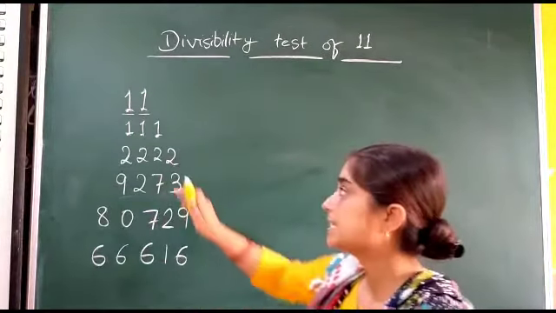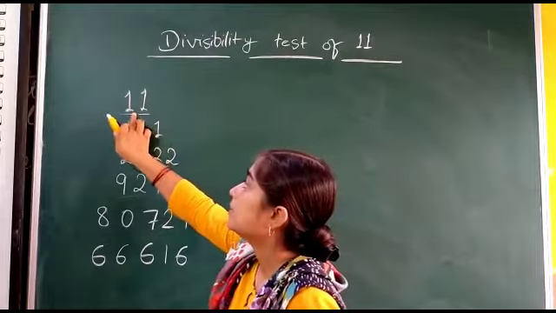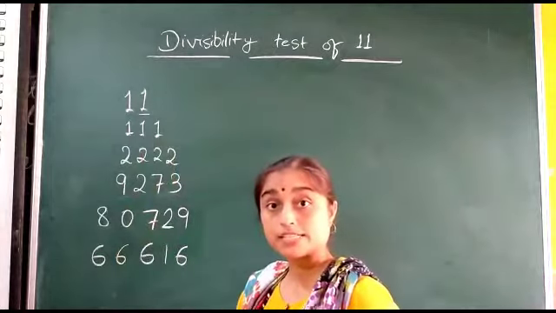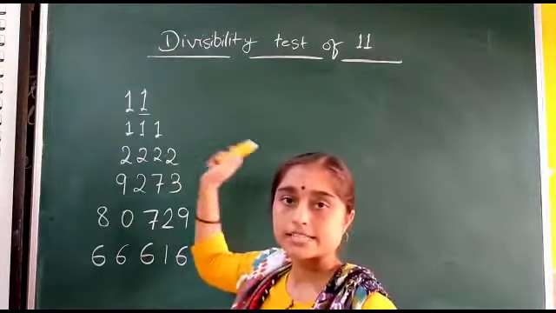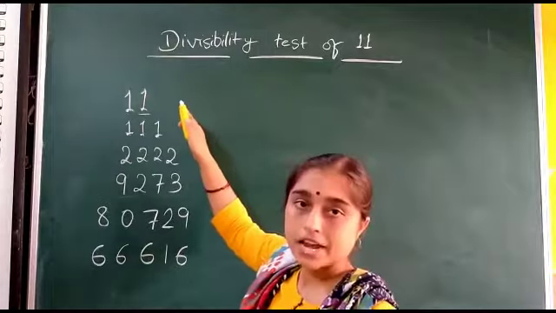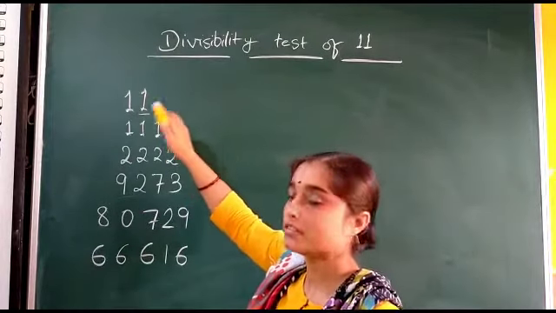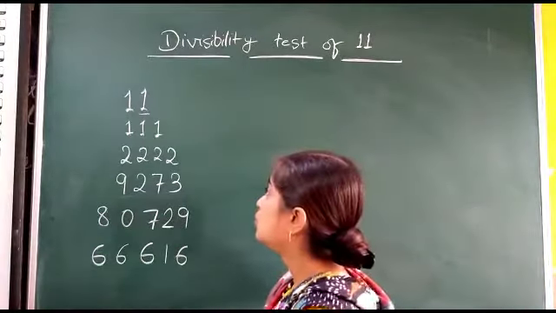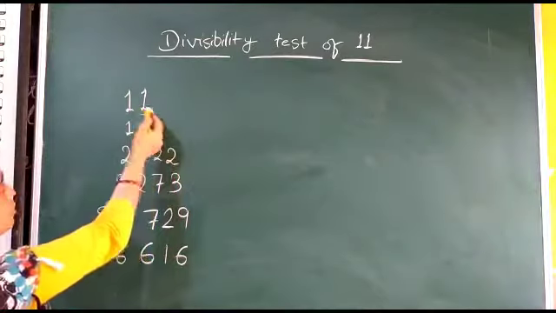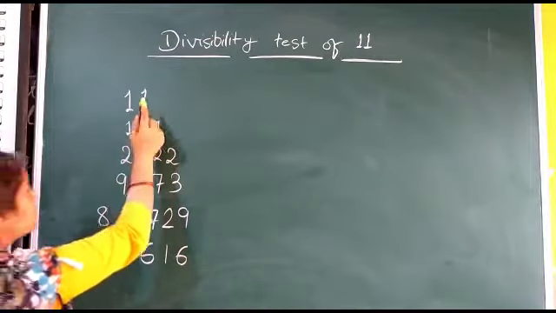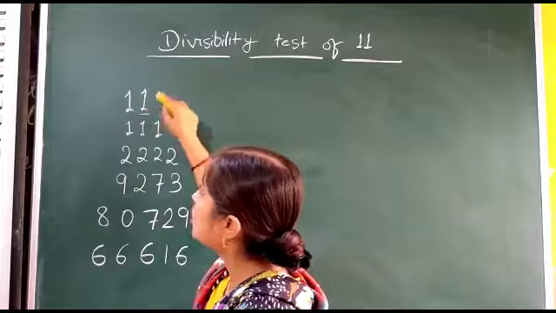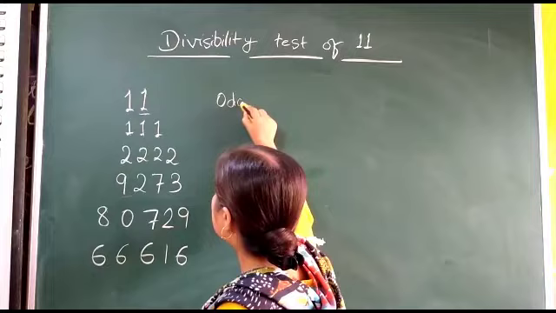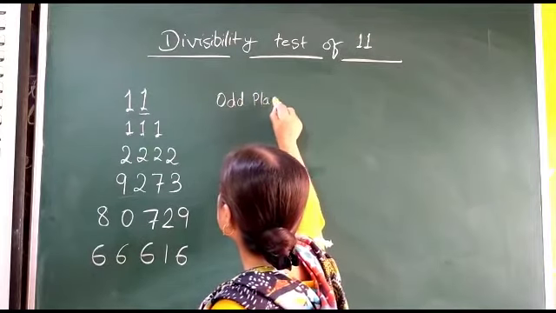Okay? See, this is the number 11. Now we will mark the number as odd places and even places from our left hand side. From the left hand side we will mark the numbers as odd places and even places. So this is the first number, this is the odd place number. So the thing we have to find is odd place